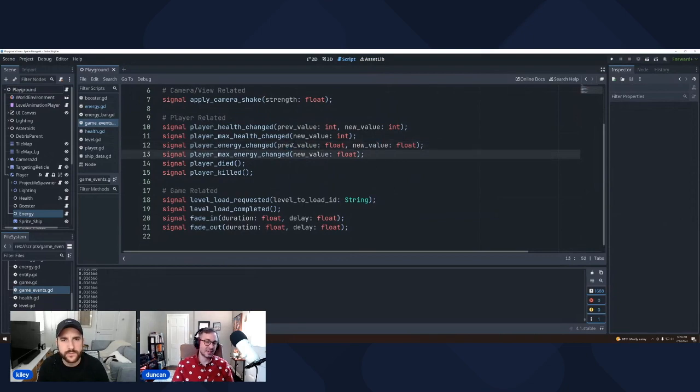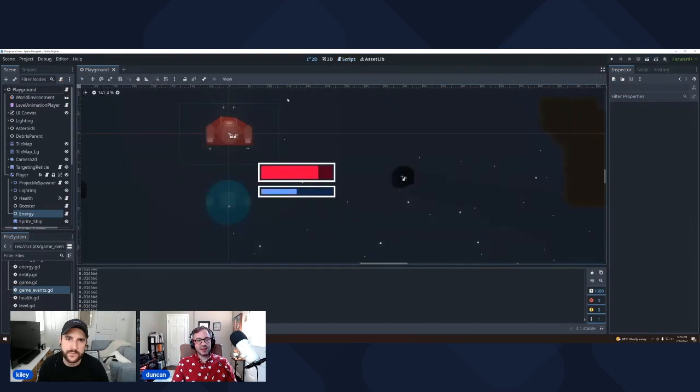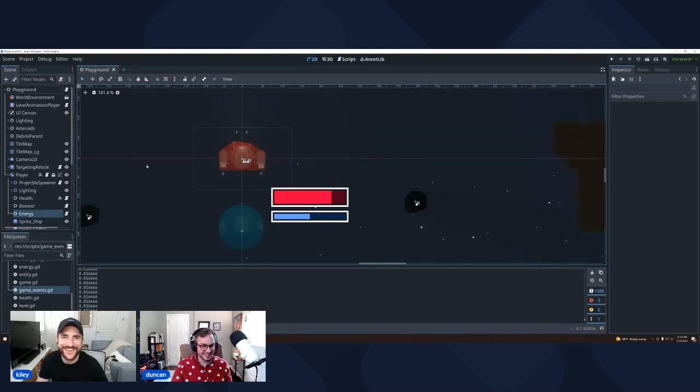I don't really use the previous value at the moment, but maybe you can see a case in which, in some games, if you take damage, the bar doesn't just jump. It'll maybe darken to where it's going to go, and then it'll kind of scroll down, right? So if you were doing something like that, you'd want the old value and the new value. So I'm kind of coding for the future here, which we do.